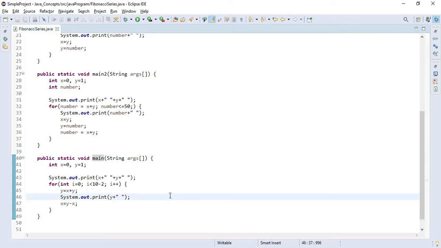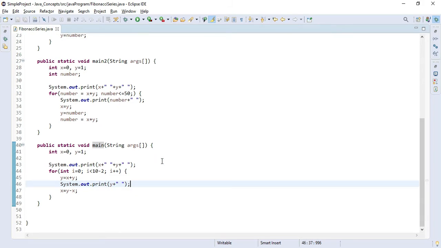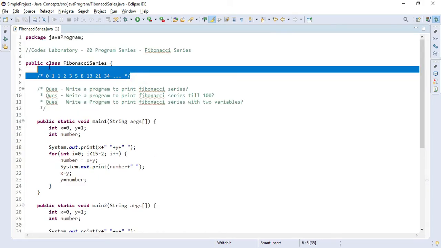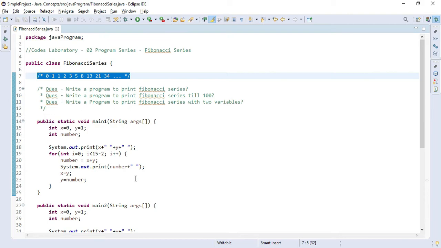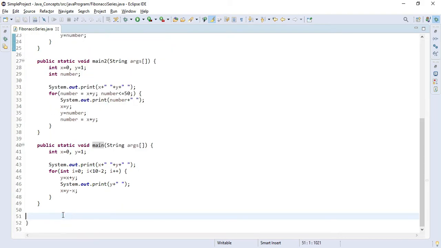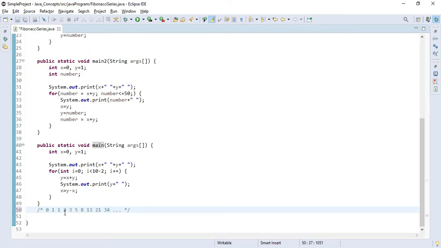So let's just try to understand this logic, but before understanding that, let's just copy this thing so we will be able to relate our values. Okay, so over here the first value was 0, which we have assigned to x, and the next value will be 1, which we have assigned to y. So we have started one for loop because we wanted to print the other 8 values.